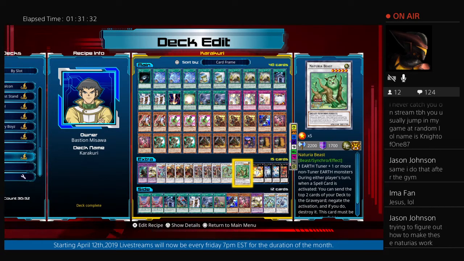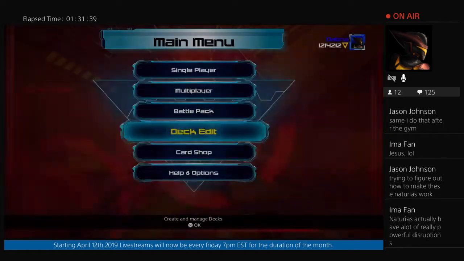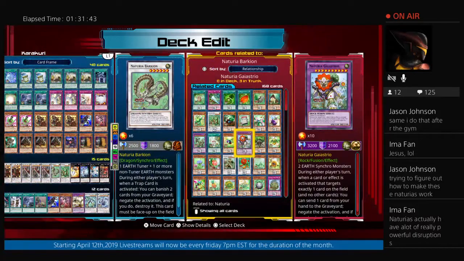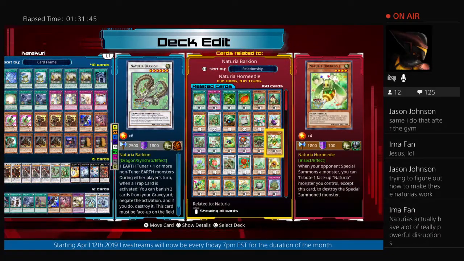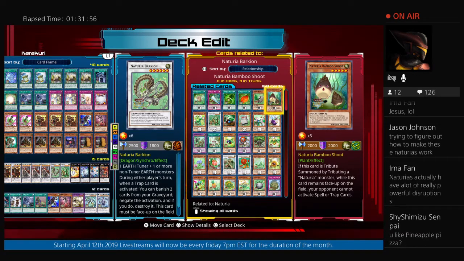Yeah, that's basically how the Naturias work. Yes, they do. I think it's at level 5. He is so nasty. Once you tribute a Naturia monster, automatically your opponent cannot activate spells and traps. That is nasty. And if you can find a decent way,